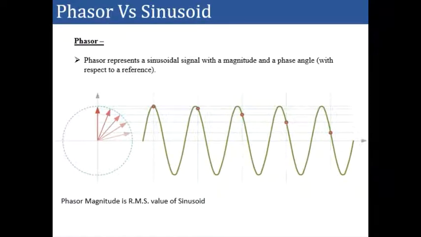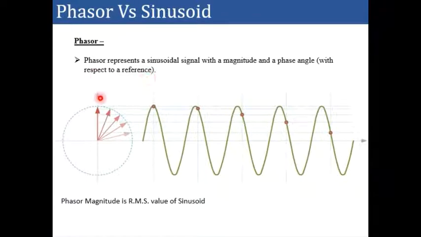So in this video, we will talk about the synchronized phasor measurement and the phasor measurement unit. Before talking about the phasor measurement unit, let's first discuss the difference between phasor and sinusoid. Basically, a phasor represents a sinusoidal signal with a magnitude and a phase angle, that is, with respect to a